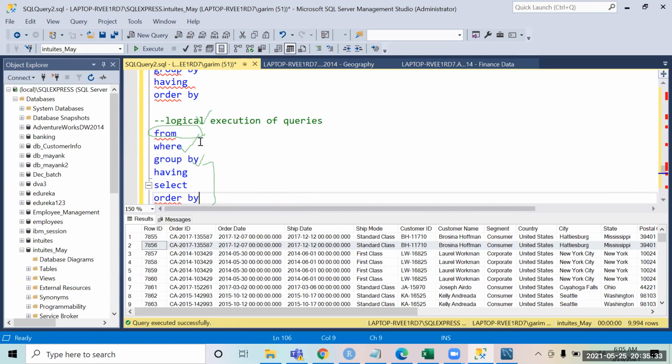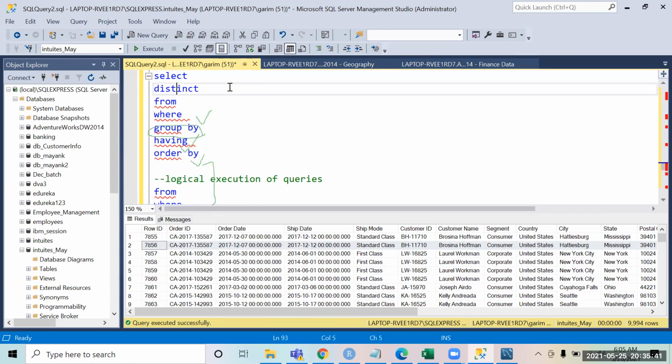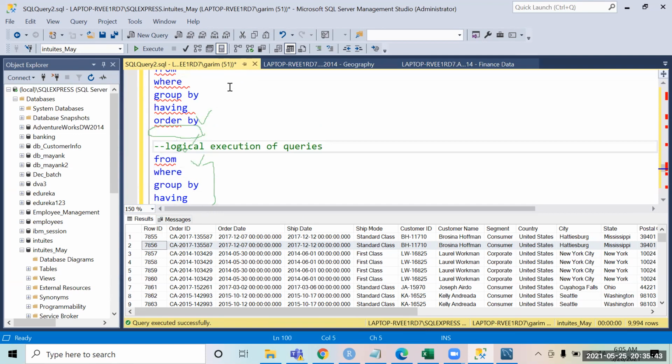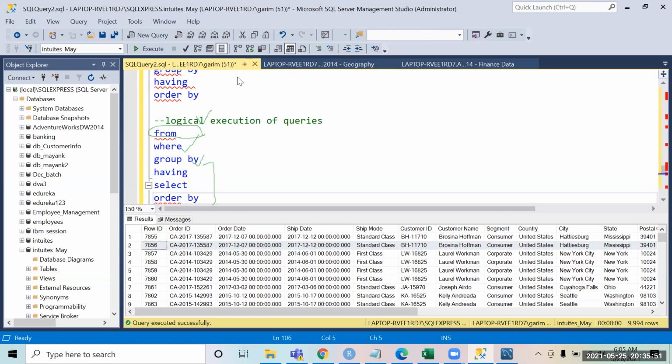Now this is the sequence in which SQL will execute it, and above is the sequence in which you have to write it. Getting it? So above is the sequence in which you write, and below is the sequence in which the SQL engine is going to execute the query.